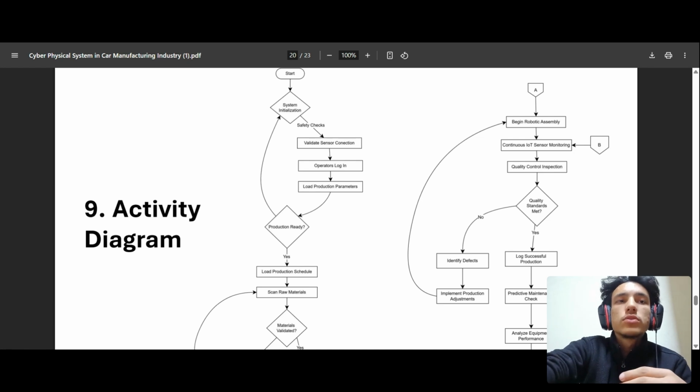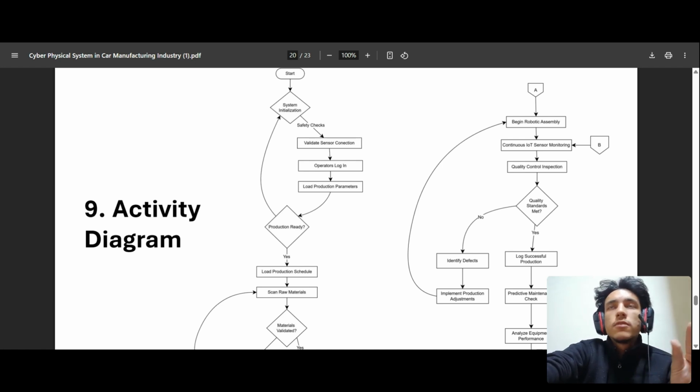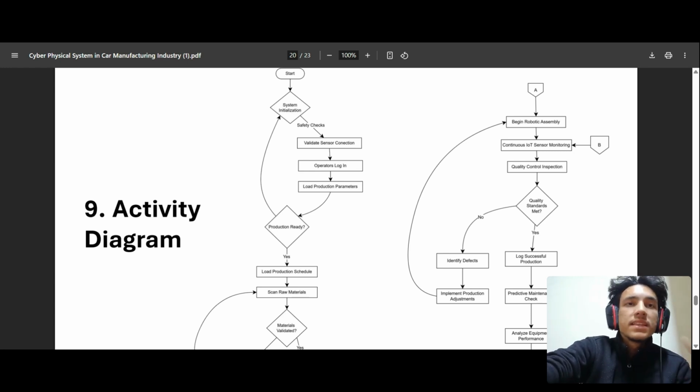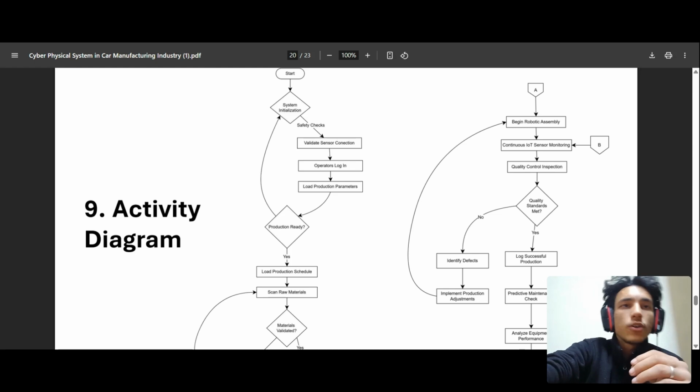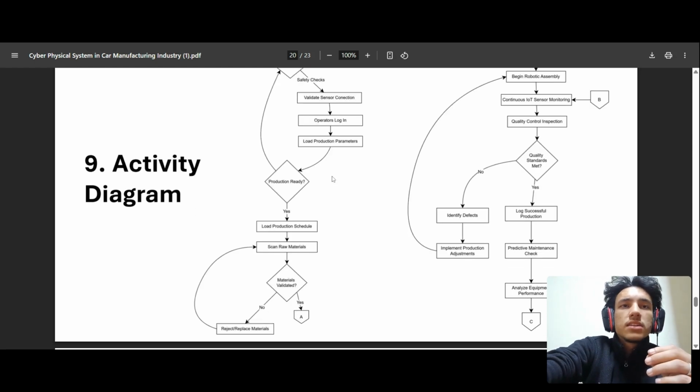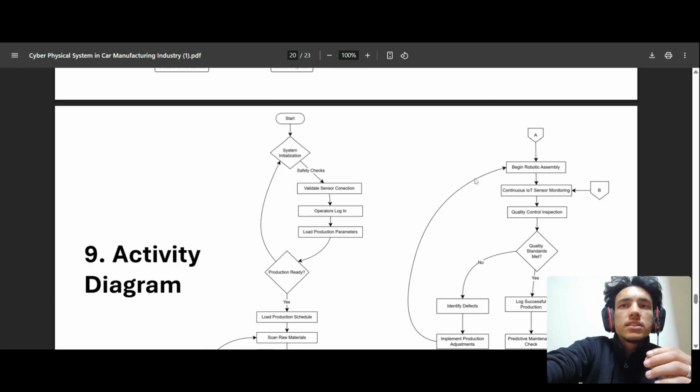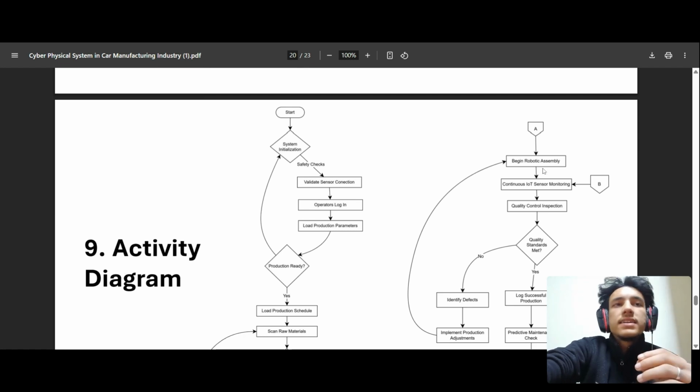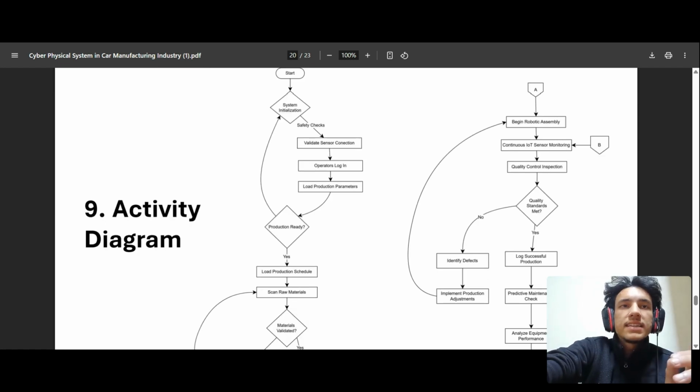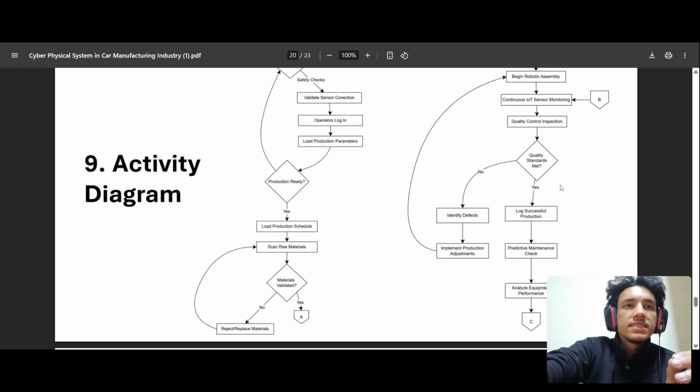Let us walk through the production process in the system. The activity diagram basically represents the flows. It is the flowchart representation of all the processes happening in the system. It begins with system initialization and material validation, ensuring that only approved materials enter the robotic assembly phase, and it guarantees that every product meets the high quality standard,